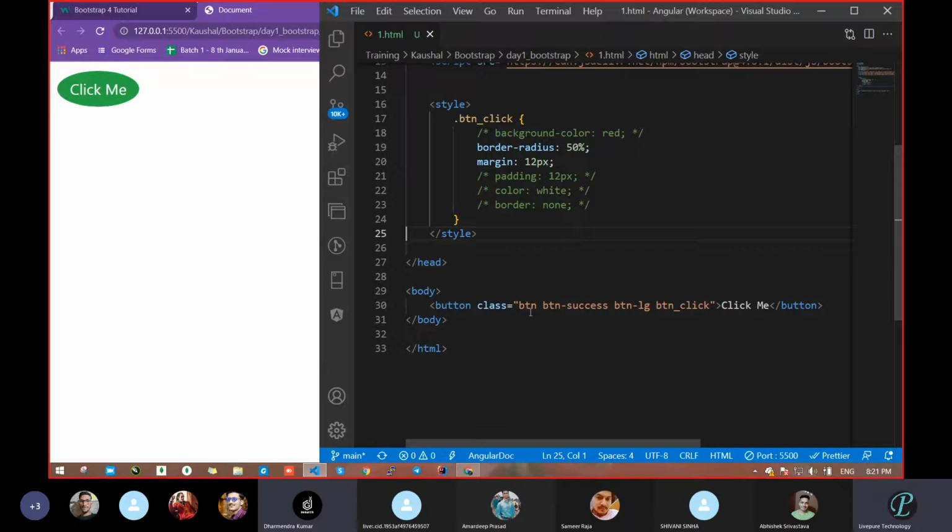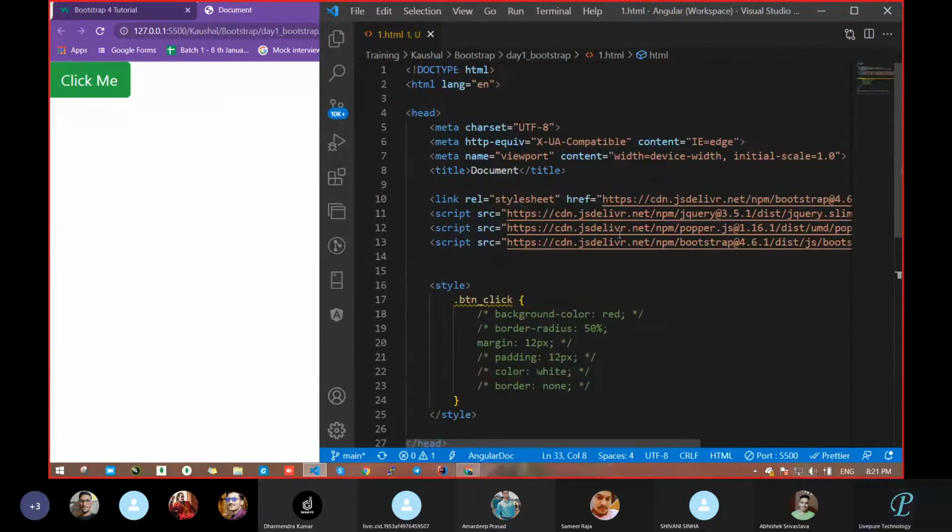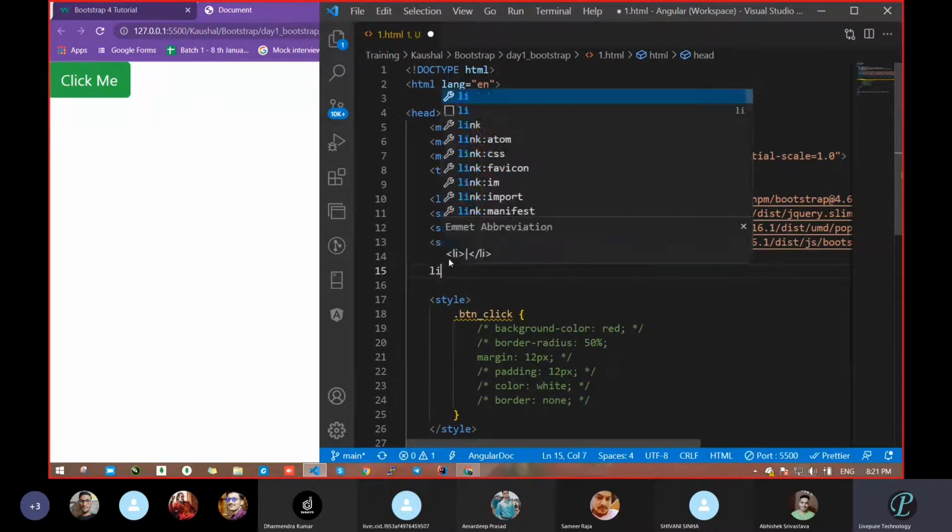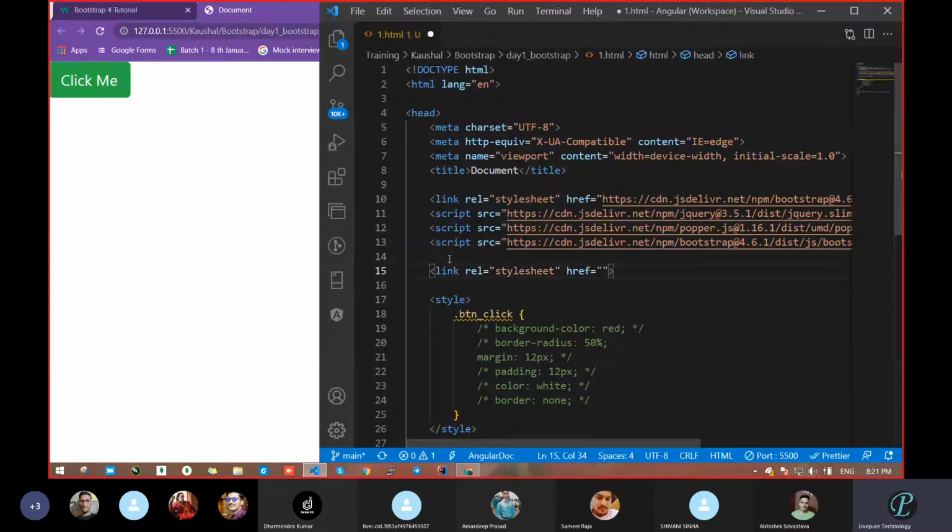Now my doubt is that: from where did this button get the property? Let's just comment now. From where did this button get the property, that green color, then the white color of the text, then being somewhat bigger, how did that come and from where? From the link, sir. Yes. So in link, like external CSS, if you have to apply it, what are you actually doing? We pass it like this, and in href we are passing our CSS link. Fine. So let me pass my CSS link.